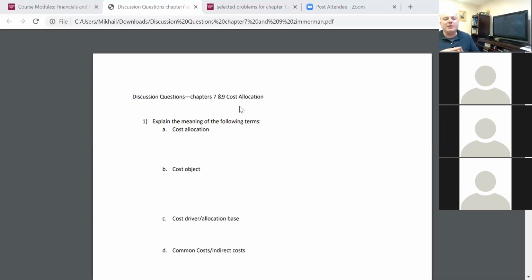Now, the problem is that there is no right way of doing it. There is no right way of doing it. There is a way, and you need to come up with a meaningful way. The whole point, by the way, of the different ways that have been proposed over time of allocating costs is how precise you want to be in cost allocation, right? How precise you want to be. Because being precise costs money, right?